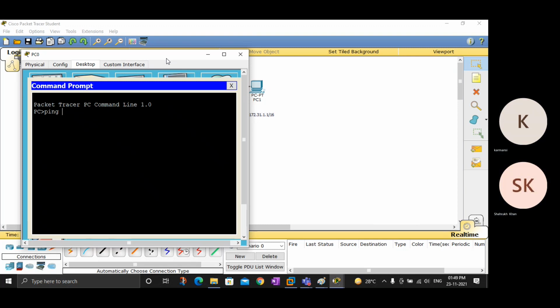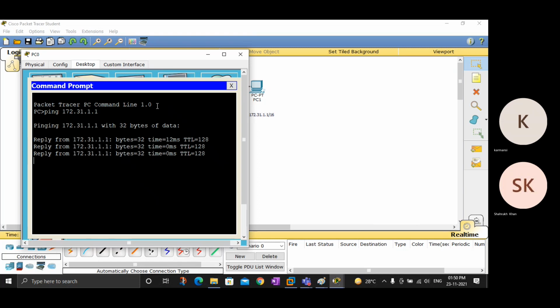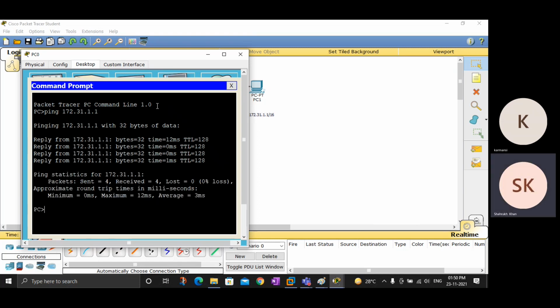If you want to check the IP, we can use ipconfig. If you want to check connectivity, use ping 172.31.1.1. Enter. We are getting the response from there. That means we are able to connect to that machine